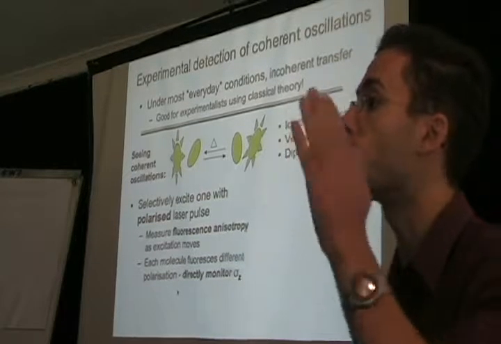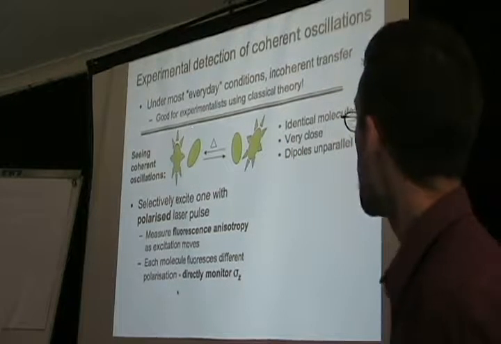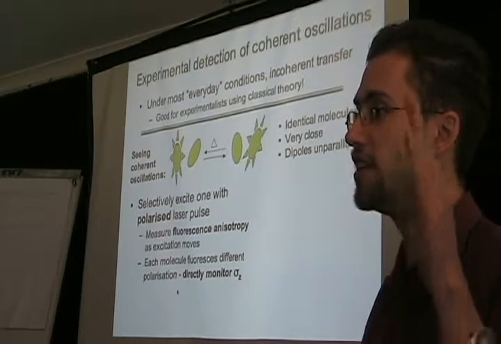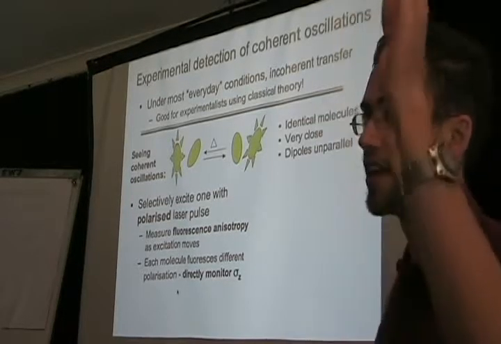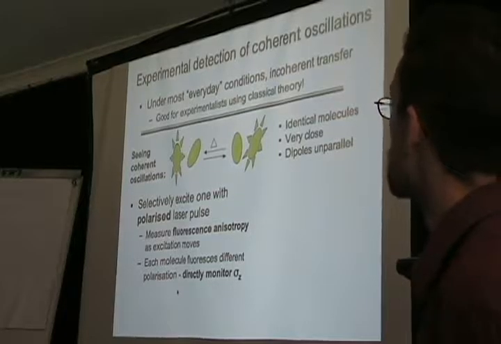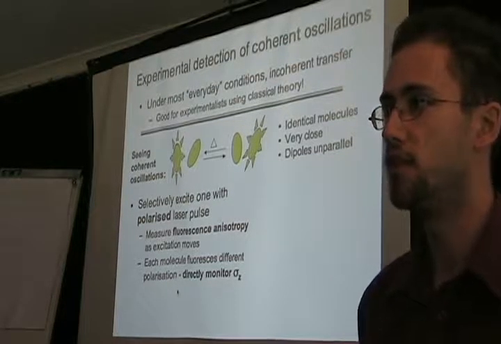So basically look at the polarization of the light that's coming out, and as that polarization changes, we'll be able to see roughly which molecule it's on. If you just see a smooth decay of the polarization, that means we're getting incoherent. If it's oscillating, we're seeing coherent oscillations. So we have a direct way of monitoring the position of this excitation in this case.